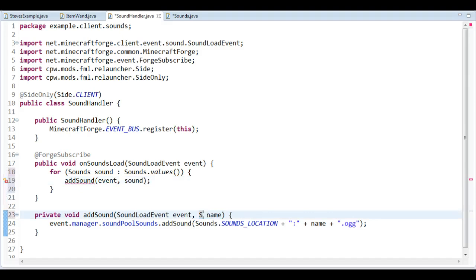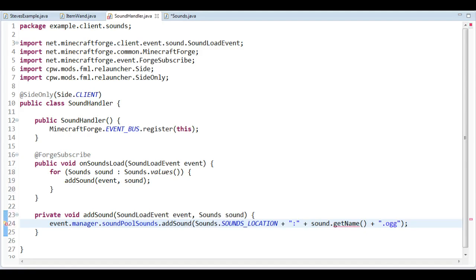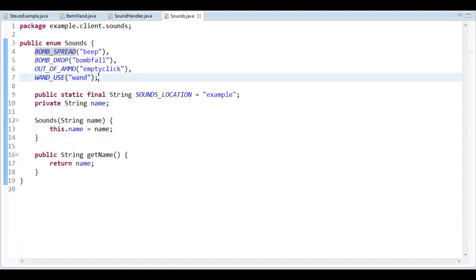You might have noticed that I accidentally wrote sounds here when I started writing this method in the beginning, and that's because that's how I want it to be in the end. So sounds, and now we can just get a name here, sound dot get name. There you go. So now it's very easy to handle these sounds. To register a new sound, oh, we haven't saved this, that's why. There you go. So to register a new sound, we just add a new value in this enumeration. But of course, we could just have an array and add them like so as well. But it becomes even easier if I go with